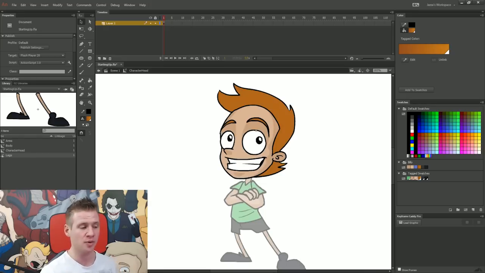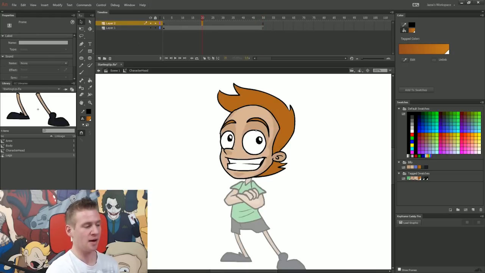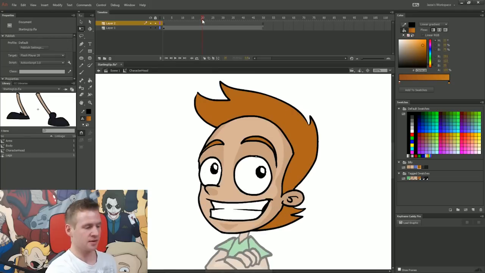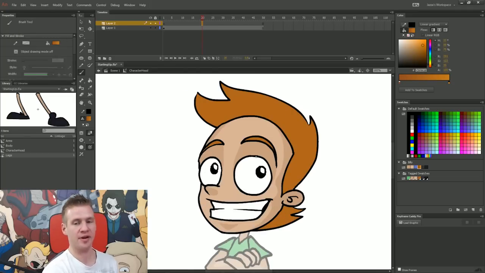Basically, this means we have entered into the head symbol and it has its own timeline. And this is really cool because it means that I can create some animation in here and it will play and replay inside its own timeline and on the main timeline. So for example, I might create 50 frames of animation and I might add another layer, and at frame 20, I might want him to blink. So to create this effect, I'm going to create a new keyframe on frame 20 on a layer above my